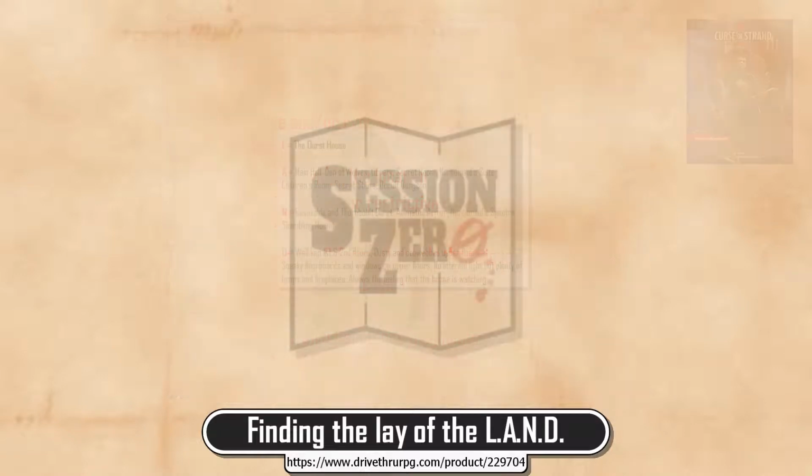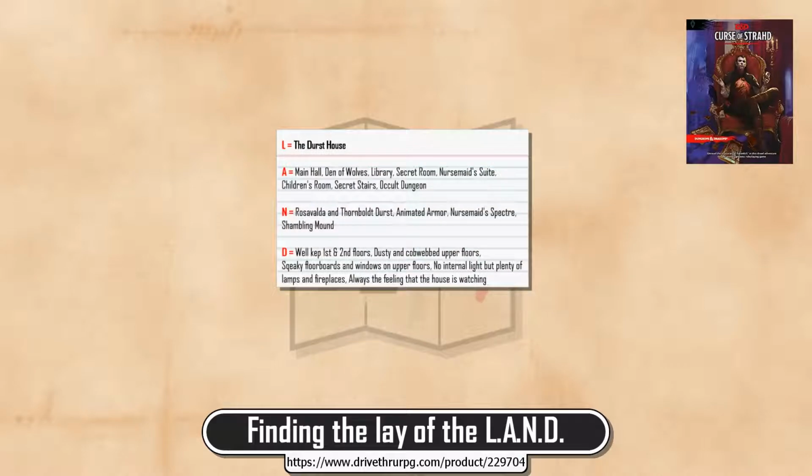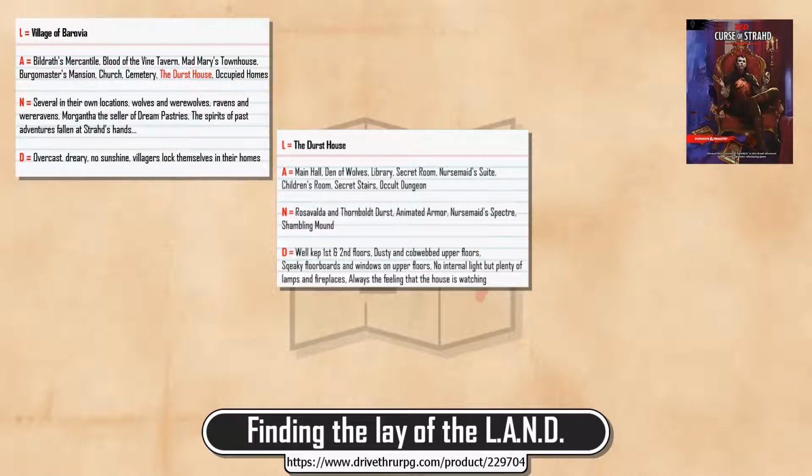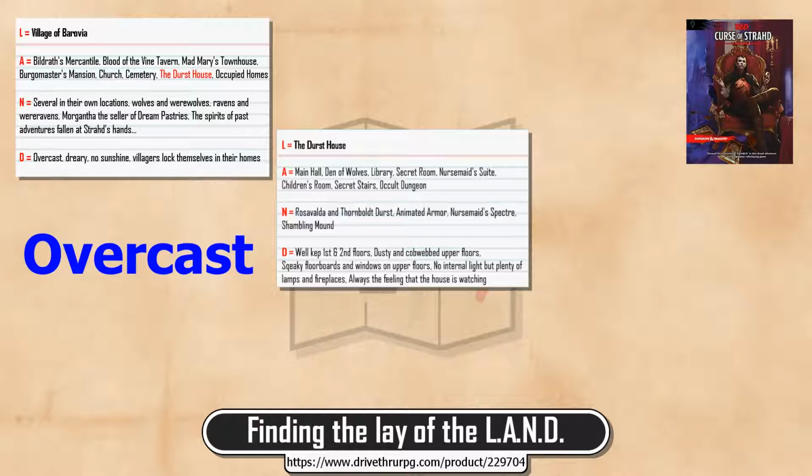Finally, I mentioned earlier that I talk about nesting locations. Death House is an area within the village of Barovia, but that's not all there is to nesting. Nesting is really about the ability of the area, or sublocation, to inherit information from the parent location, specifically the information listed under Natives and Details. Barovia is full of wolves and werewolves, ravens and were-ravens, so at any time a wolf may be heard howling outside or a raven can be seen pecking at a window. The village of Barovia is outcast, dreary, no sunshine, so